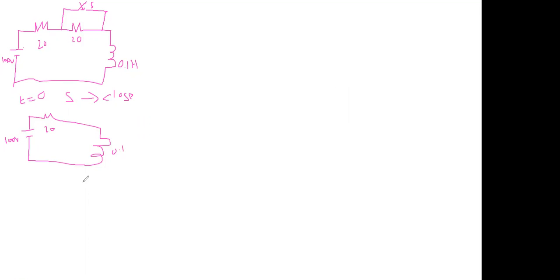Then write the loop KVL equation: 100 minus 20i minus 0.1 di by dt equal to 0. Then finally, after simplification,